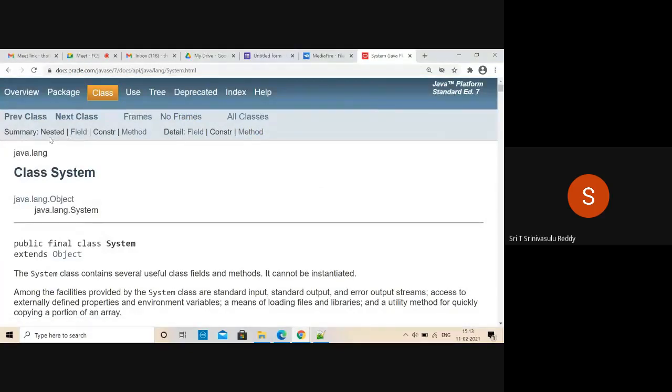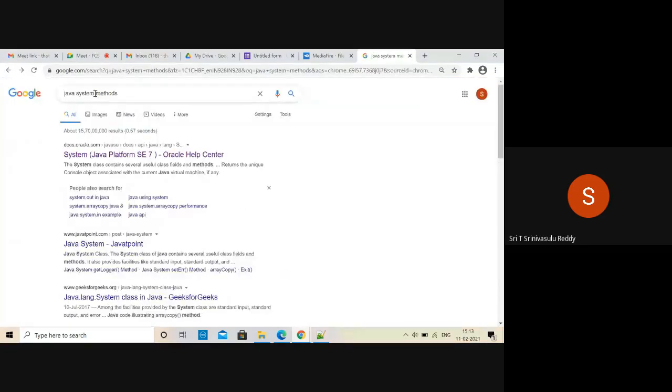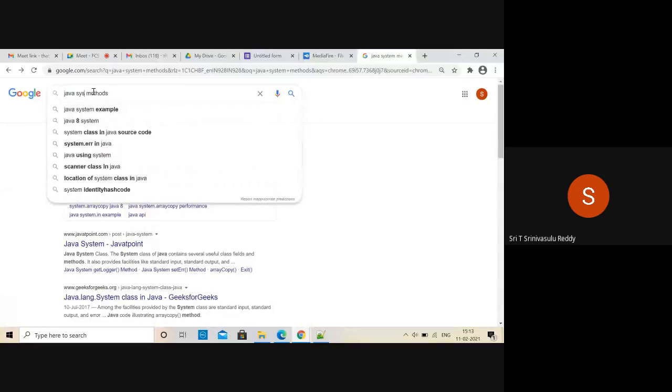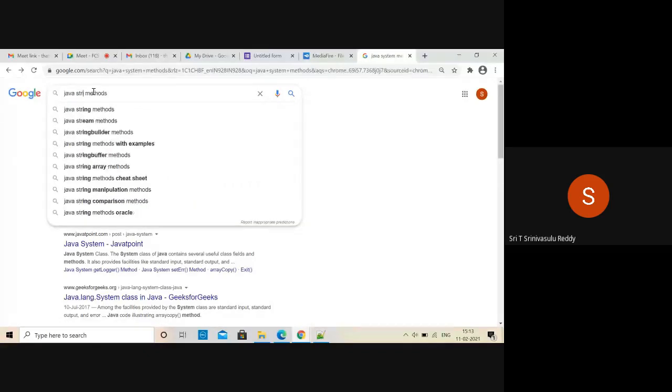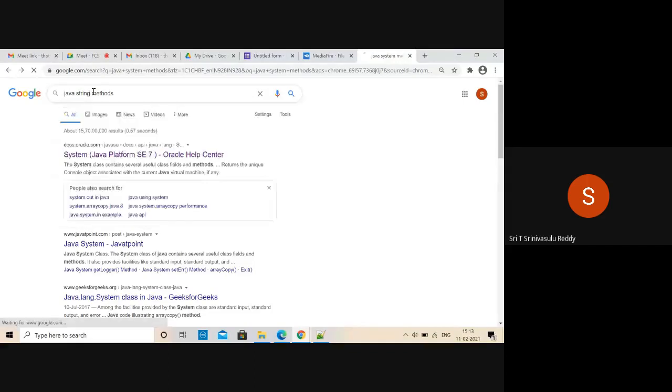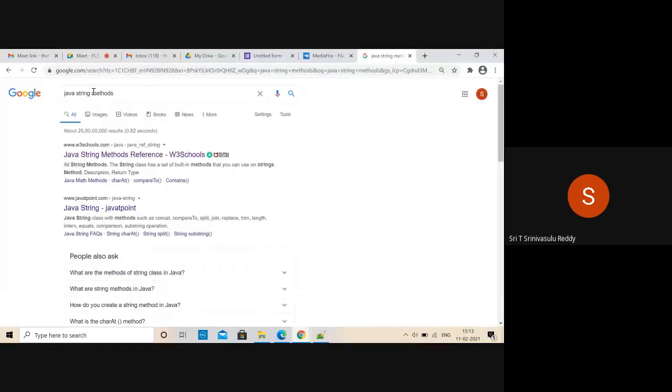We can straight away look here, or otherwise we can go anywhere for that matter. Index or help. It's okay. He has not given this search facility. So, string methods. Once you have a strong basic understanding of the knowledge, then you can use all these things, right? No issue.